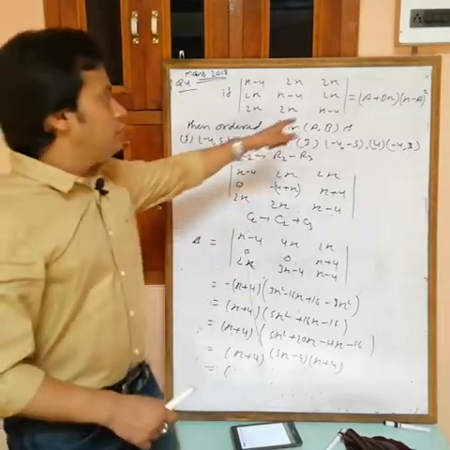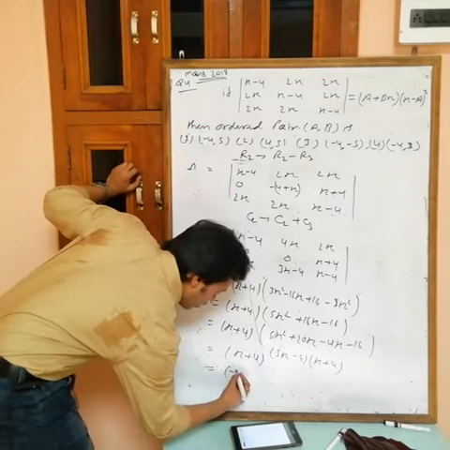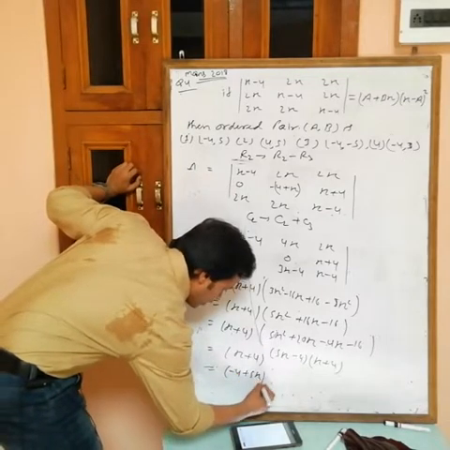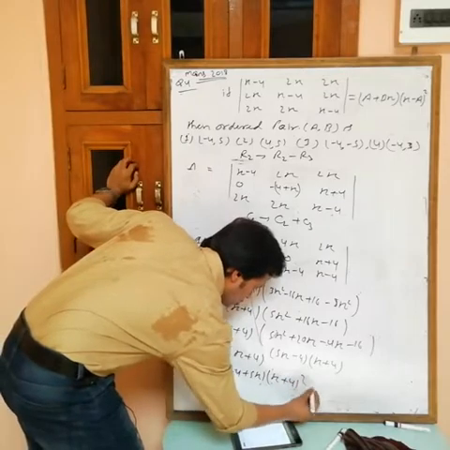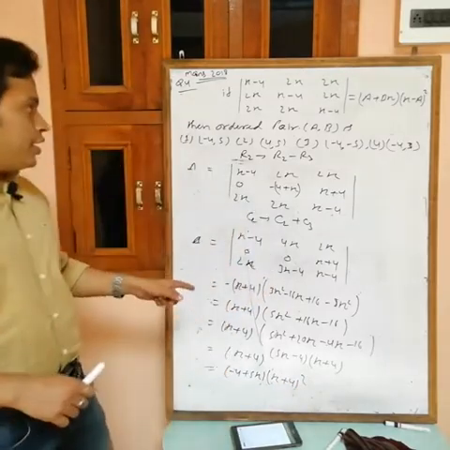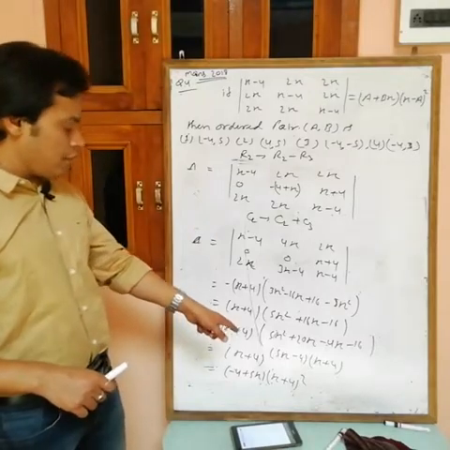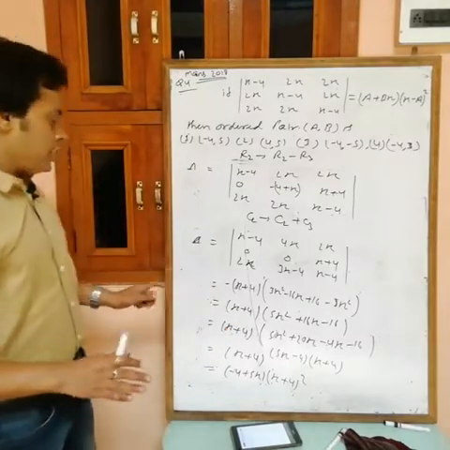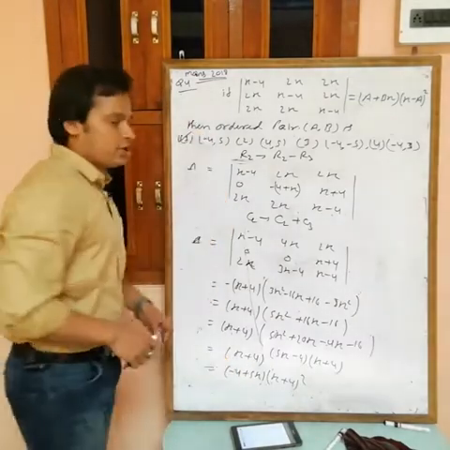I want to write in this form, a plus bx. This is (minus 4 plus 5x) and (x plus 4), x plus 4, x plus 4 whole square. Now see, this is like (a plus bx) into (x minus a) whole square, obviously. Then a comma b is: a is minus 4, b is 5. So the first one is the correct answer. Okay, write down.